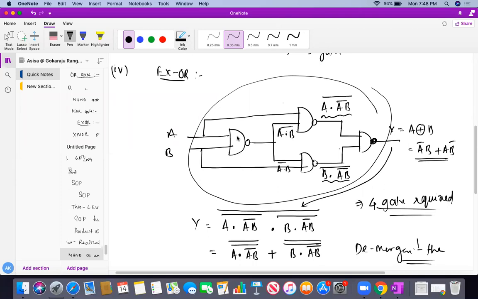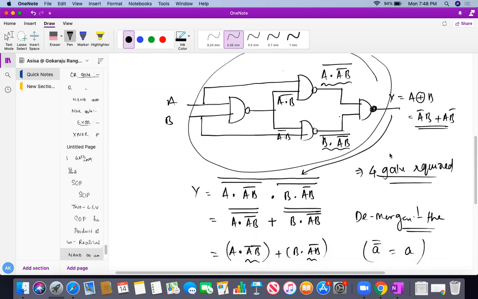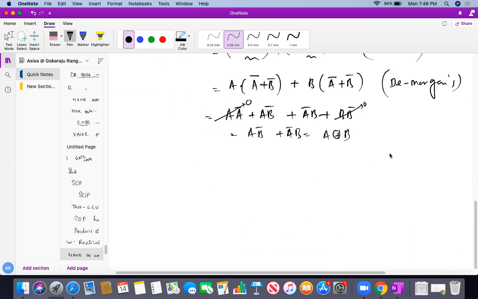So how many gates do we require? 4 gates required for XOR. Are these all correct or not? So we have achieved 4 gates. 5 gates is not minimum. That's why this is a very important GATE question. How many NAND gates are required to design a XOR gate? Mainly we require 4 gates. 4 NAND gates are required for a XOR gate.